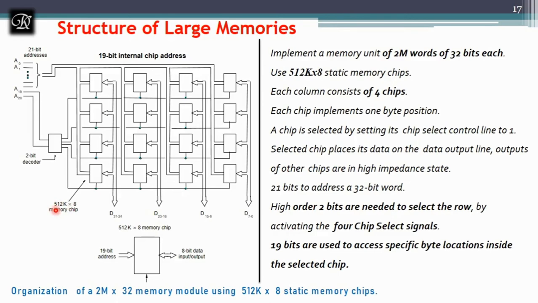What if they ask for 1 MB? So if they have asked for 1 MB, remove one address line from this, make it as 20, so it will be A0 to A19. Then remove 2 lines out of this circuit, and rather than 512 into 8, make it as 512 into 4 chips, and this remains the same. That is, it will be having 19, but here a 2-bit decoder is used. Instead of that, you have to use only a 1-bit decoder, because I am using only 2 lines when it is a 1 MB.